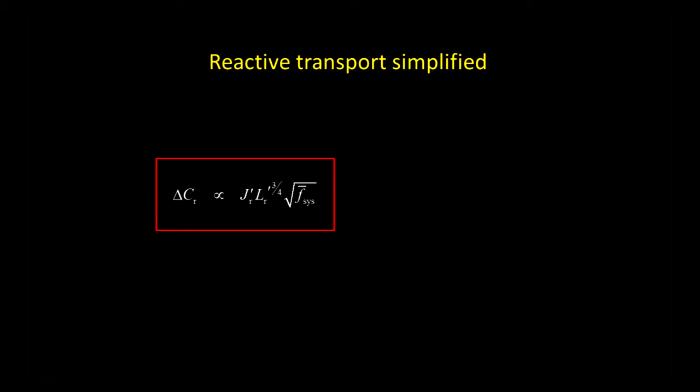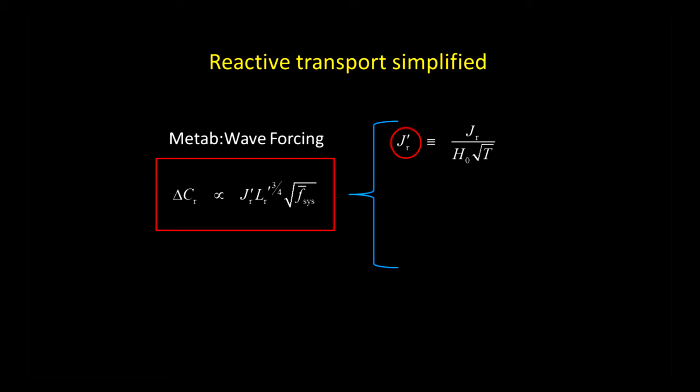It comes down to three real factors. So what you can do is group all those variables into compound variables. And you can start with the first one, which is a ratio of metabolism to wave forcing. So this J prime term here, you see this flux to wave height in the square root of wave period. What that means is